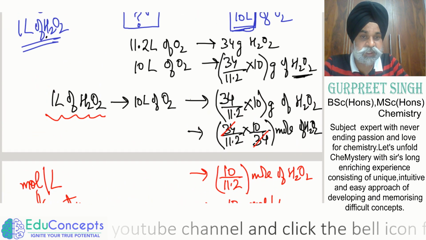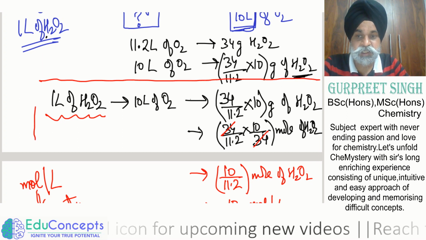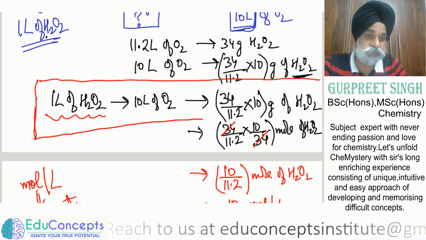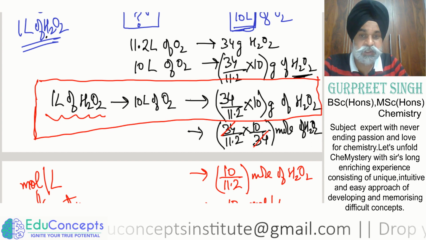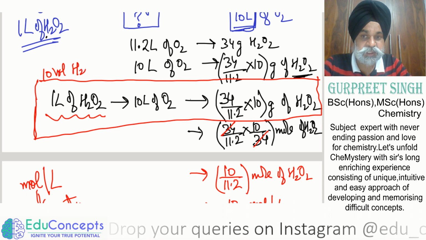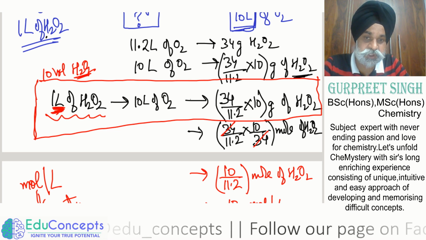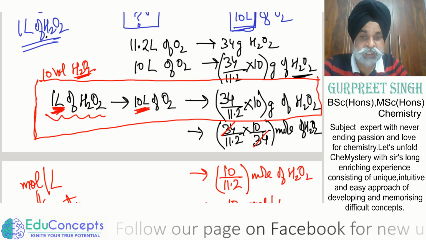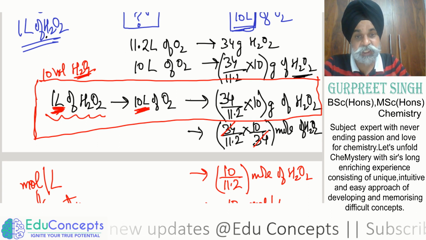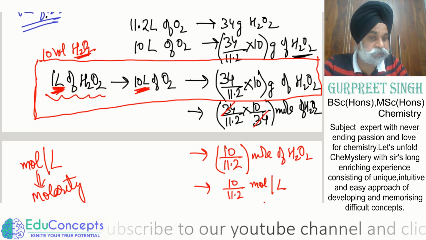Let me reconsolidate. This is the only statement which you have to actually remember, because we can apply a shortcut, we can get the answer, but sometimes in the paper you would be asked conceptually. So the concept is very simple. If you have 10 volume H2O2, it simply means इस H2O2 का आपने 1 लीटर लिया है, जो डिकम्पोजिशन में 10 लीटर ऑक्सीजन प्रोड्यूस करेगा. अब 10 लीटर ऑक्सीजन प्रोड्यूस करने के लिए उस H2O2 के सोल्यूशन में H2O2 ग्राम्स में कितना पड़ा वो हमने निकाल लिया. ग्राम्स में पता लग गया तो मोल्स पता लग गए, मोल्स पता लग गए तो मोलैरिटी पता लग गई.